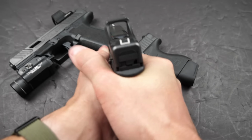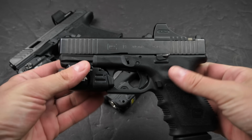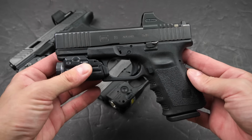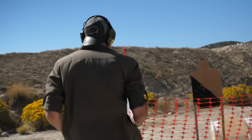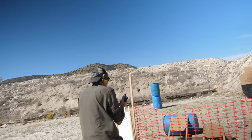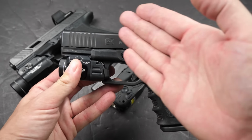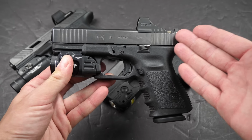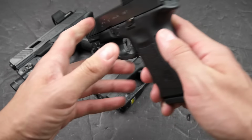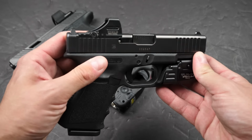Also, I like to have backup iron sights that co-witness through my pistol red dot. Call me a FUD if you'd like, that's totally fine. However, I've seen pistol red dots do some weird shit. So as much as I appreciate their capability, I don't exactly trust them. So the release of a Gen 3 compatible aftermarket slide that you could get directly from Glock for not a whole lot of money that had an MOS cut kind of seemed like a good opportunity to try out the